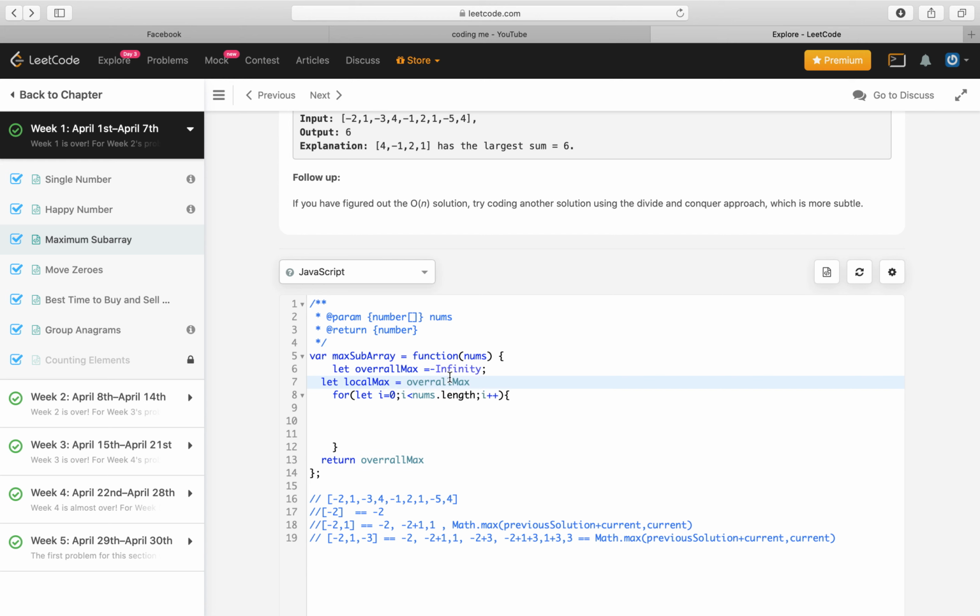In the beginning, local max and overall max are the same. Because we know that this array has at least one number, we can easily make it nums[0], and we will start our loop from 1, and local max will be Math.max